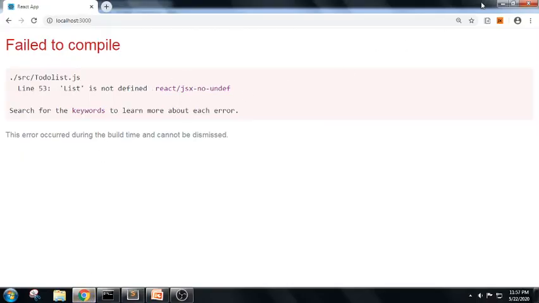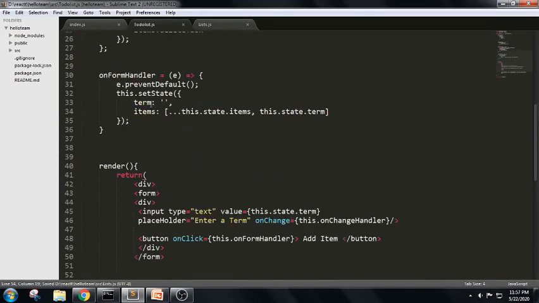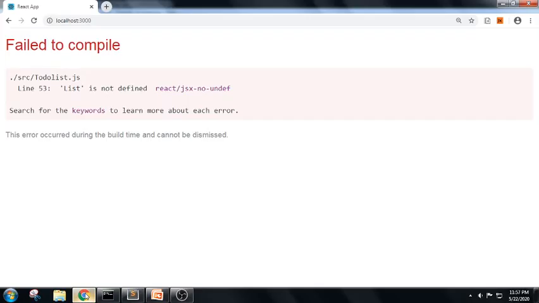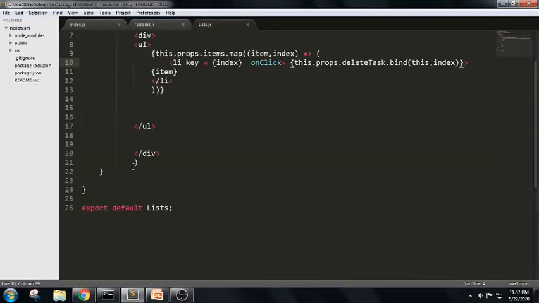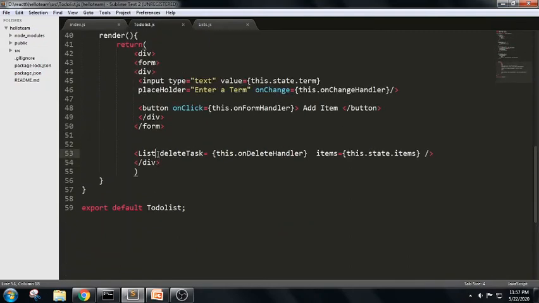List is not defined. So list is not defined in the sense where we have written list somewhere, import list from the list. Todo list is not defined. Oh, we have written the component name here. Let us go through this. Yes,